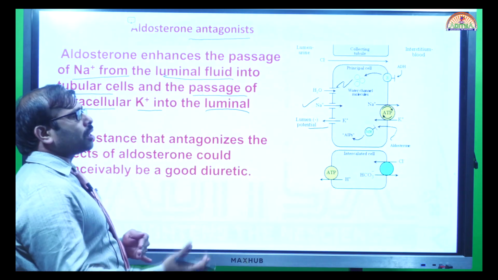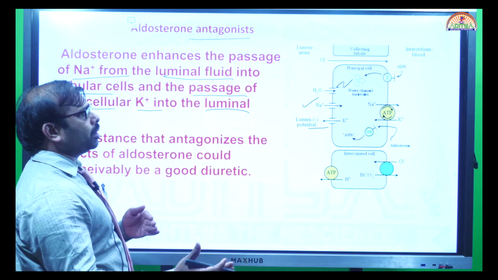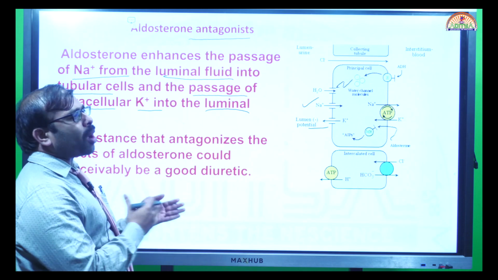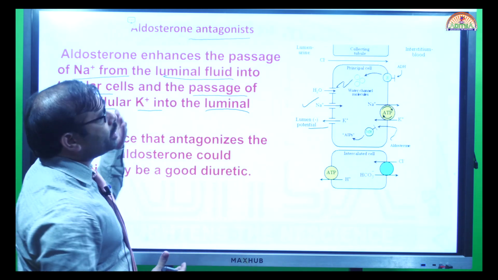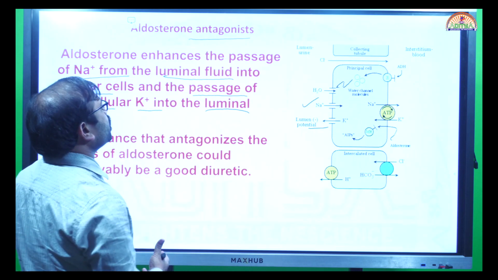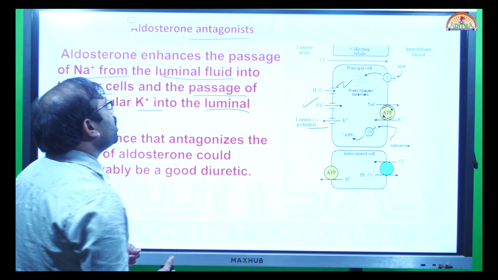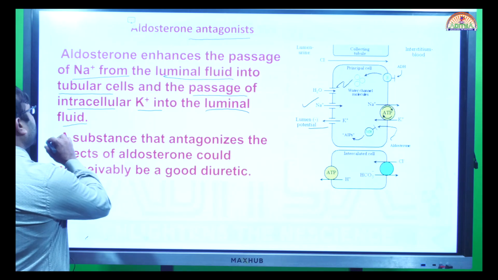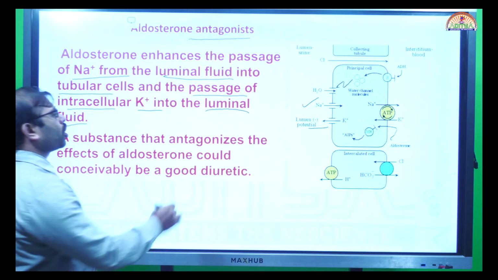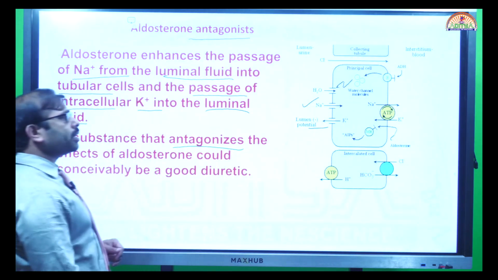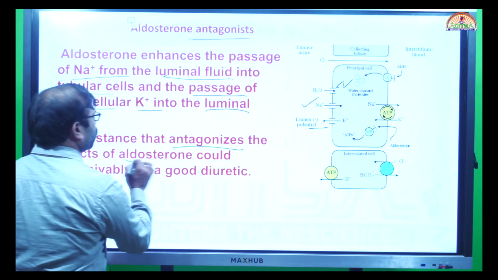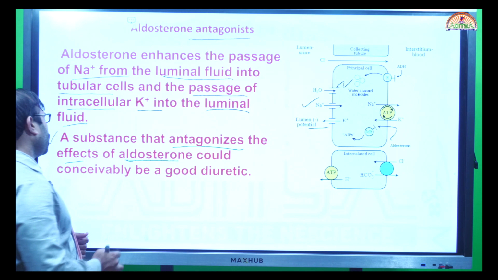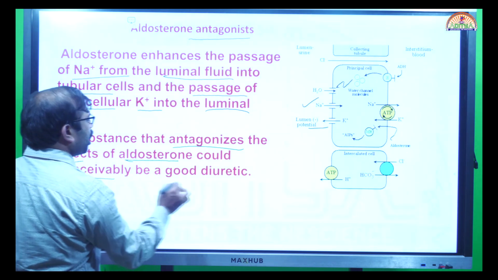Intracellularly and extracellularly, inside and outside the lumen, the passage of these ions takes place simultaneously. That is controlled by aldosterone. So if any molecule or substance can antagonize aldosterone, that affects aldosterone's action,